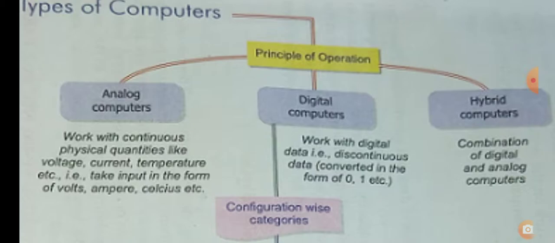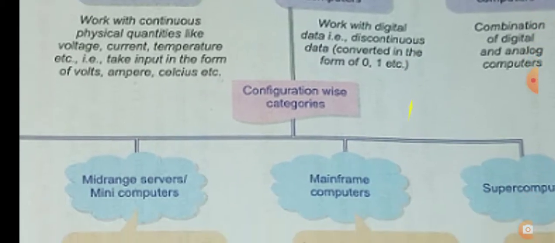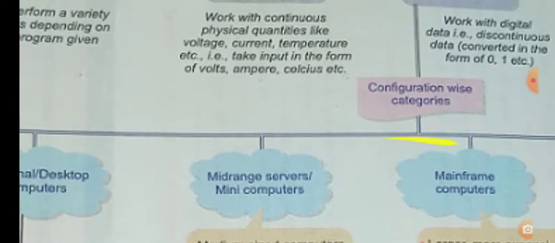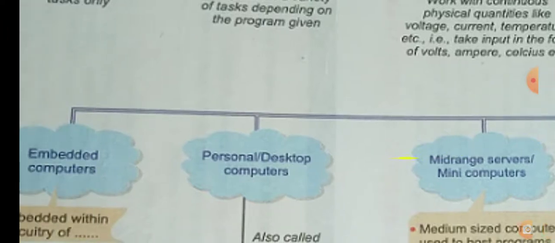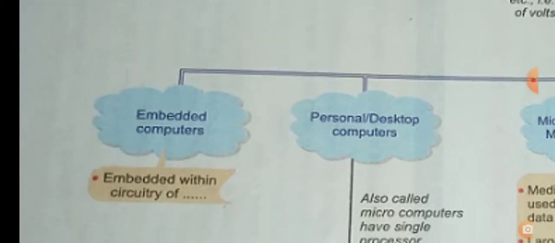And third is hybrid computer. Hybrid computer is nothing but only the combination of both the analog and the digital computers, so that are called the hybrid computers. Now again, digital computer can be classified again into five basic categories. First of all, embedded computers. Embedded computers are embedded within a circuitry, and